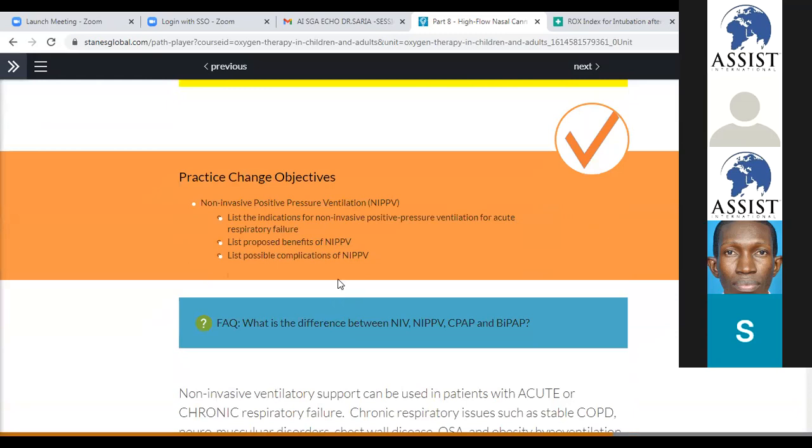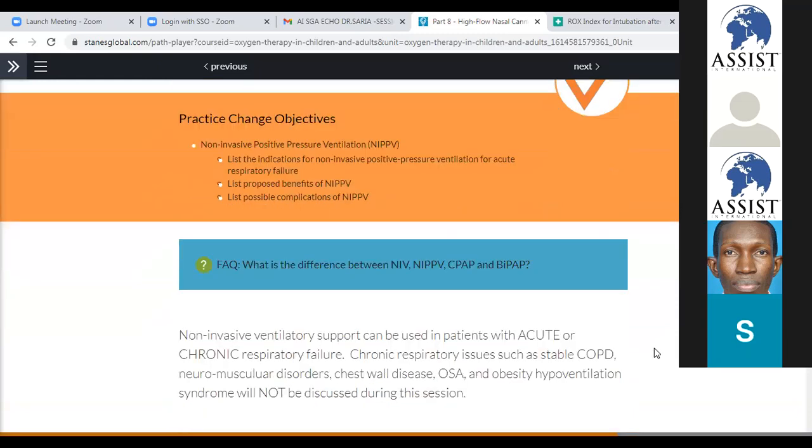Here we have some terminologies: NIV, NIPPV, and CPAP, as well as BiPAP. So the question is, what do we mean by these different terminologies? We'll see them a little bit, but prior to that, when we talk about non-invasive ventilation, it is a type